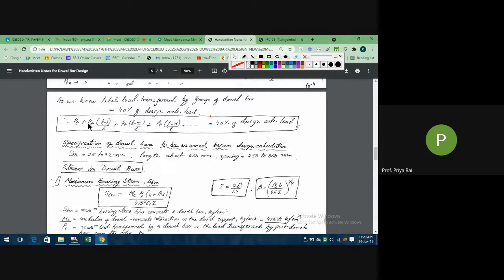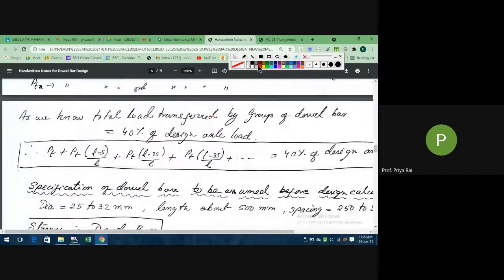Now see here, for calculating PT, what things we must have with us? Okay, first is we need L. L, radius of relative stiffness, will be given to us, right? Now next come 40% of P. Here P will be given to us, which is 6000 kg. Okay, this is also known to us. So what remains is unknown. This thing is unknown. We need to calculate. Okay, this thing is unknown. We need to calculate.